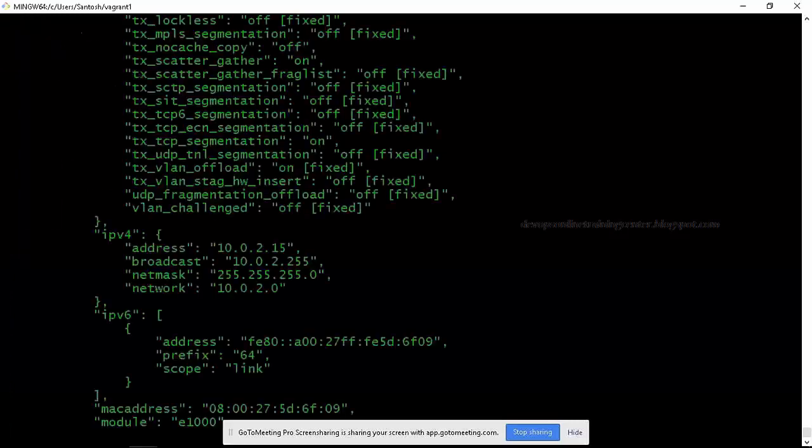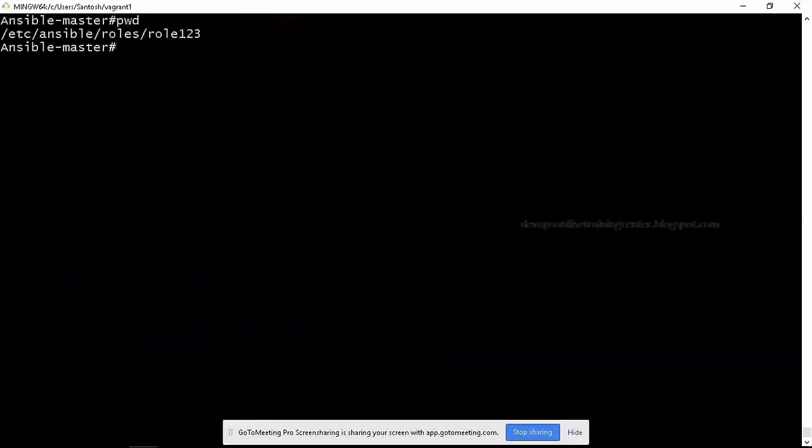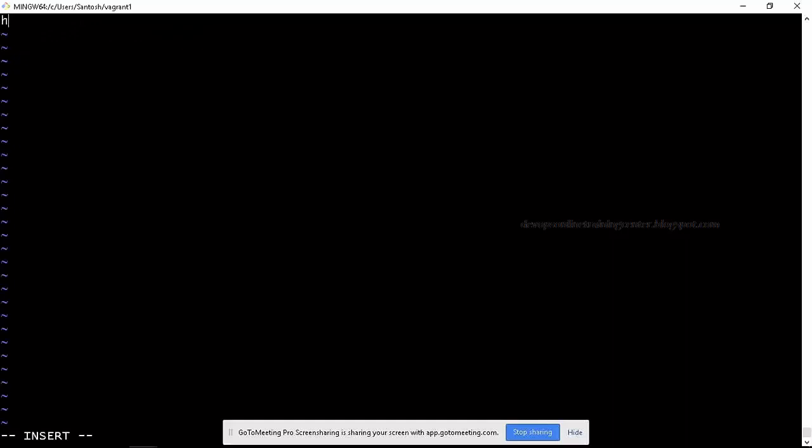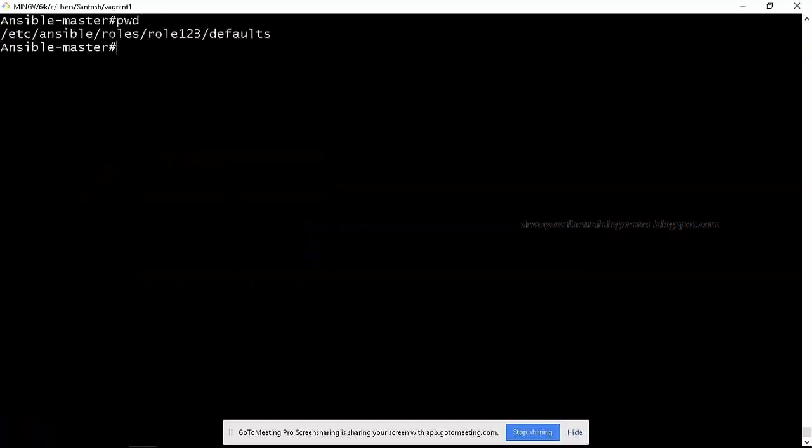So where do I define my variable value? I'll go to defaults. In defaults, I'll define again main.yaml. In main.yaml, I'll simply say HTTP_port is equal to, let us say 111, right? So I just defined a variable to be used in my template.